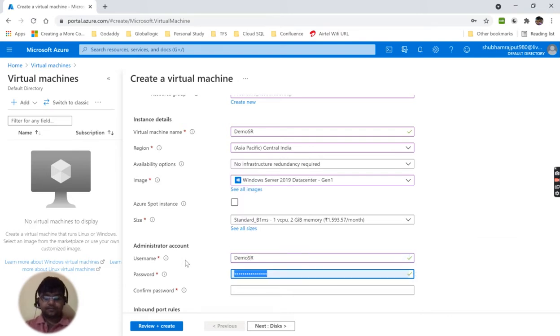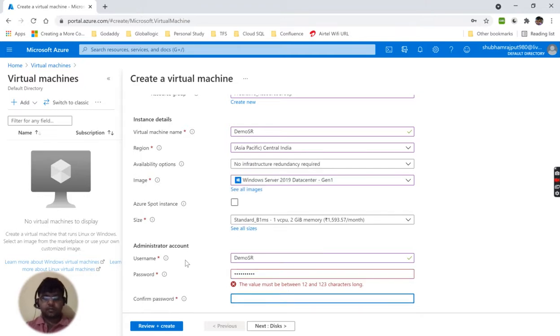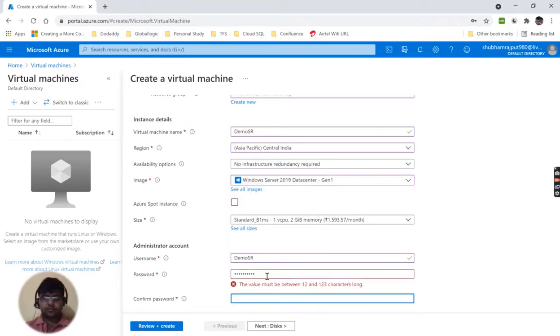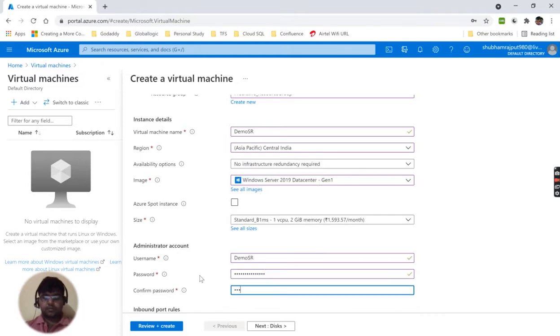Over here I'm creating an ID and password. Okay, let me choose another password.